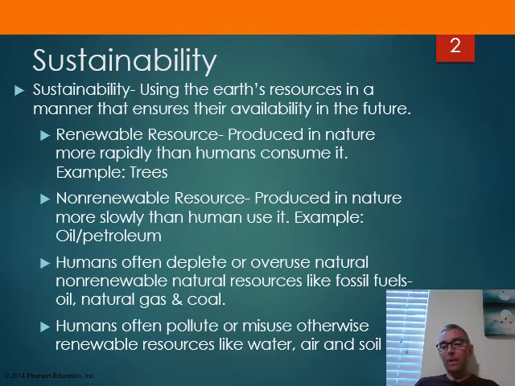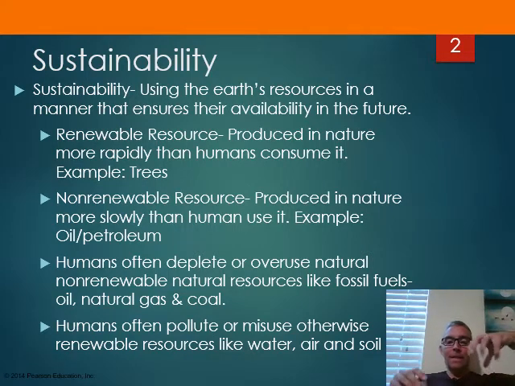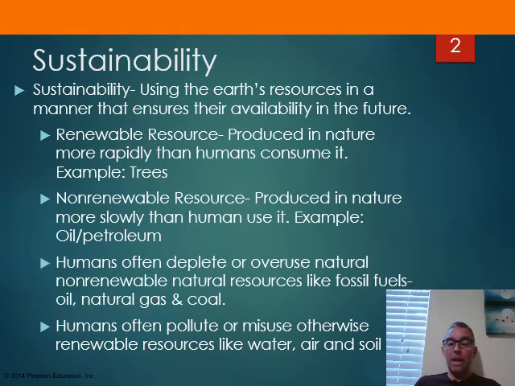Humans pollute. It's a problem we have with sustainability, that we may have fresh water, but it could become polluted. This is a problem that we have here in Florida with our aquifers, that underground water, as we pump out water for home use or for agricultural use, a lot of times to water crops. As that happens, what will often happen to a lot of these aquifers is that it creates a suction effect, and it will pull seawater in. Once you get salt into those aquifers, you can't get it out. So once they become salty, that water can't be used for drinking.